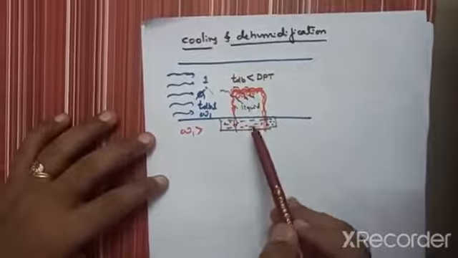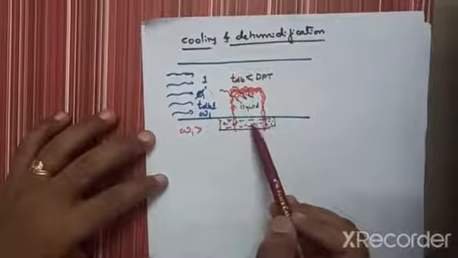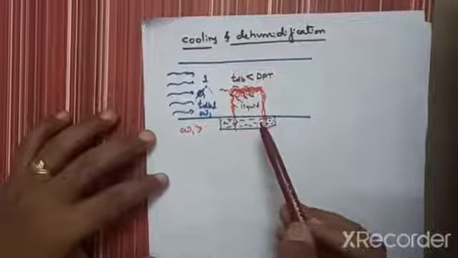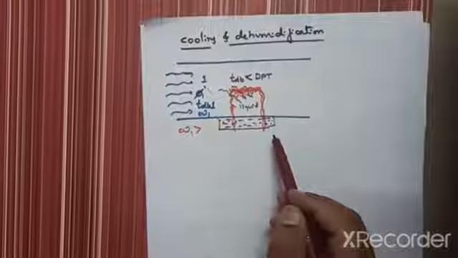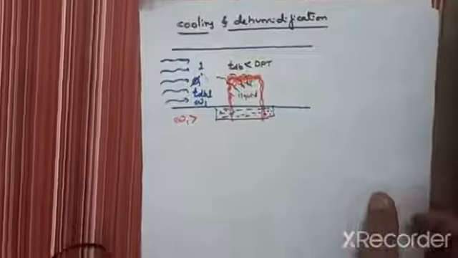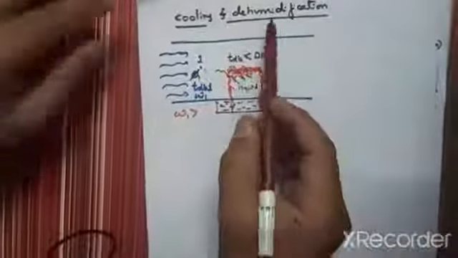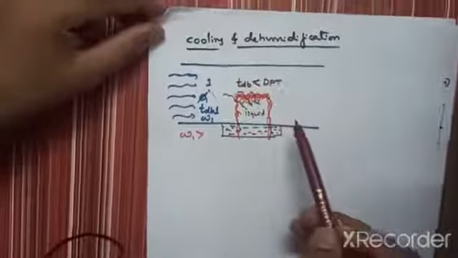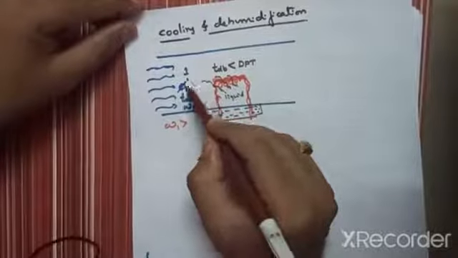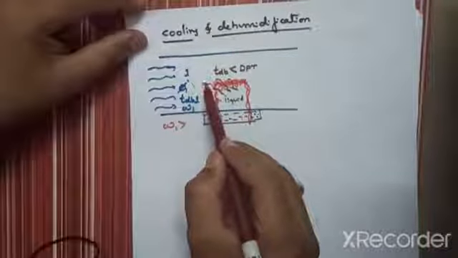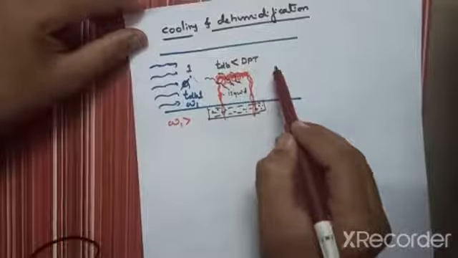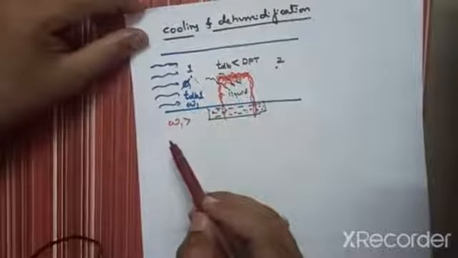And such a phenomenon you might have seen in leakage of water in the air conditioning, in the cinema hall or in the auditorium or in your home split air conditioner. Sometimes there will be leakage of water. So that is the reason behind this. There is a dehumidification process going on. So at outlet, when all the water vapor has condensed to liquid, only the air will come outside. That is point number 2.